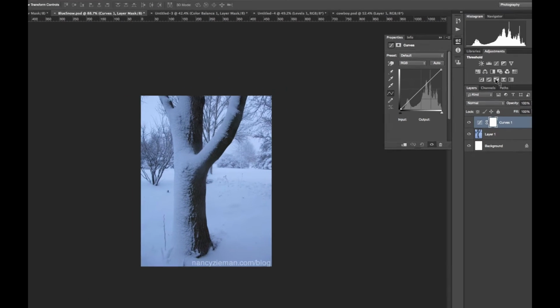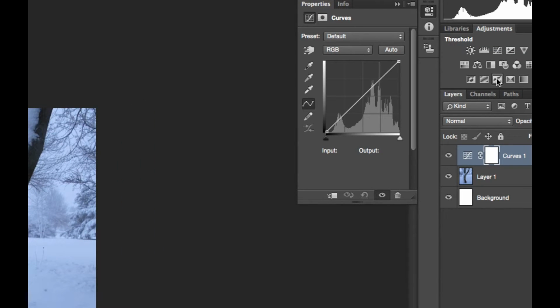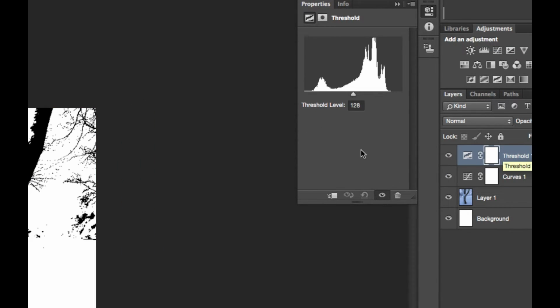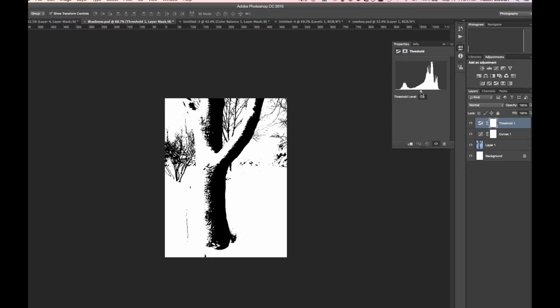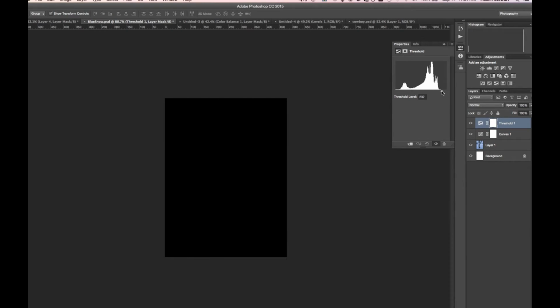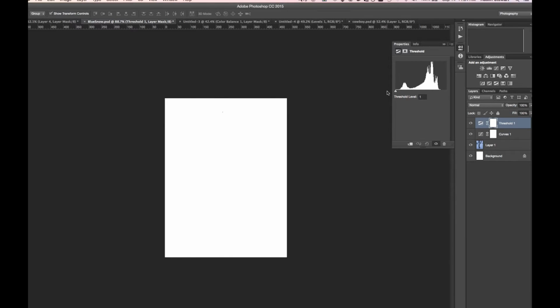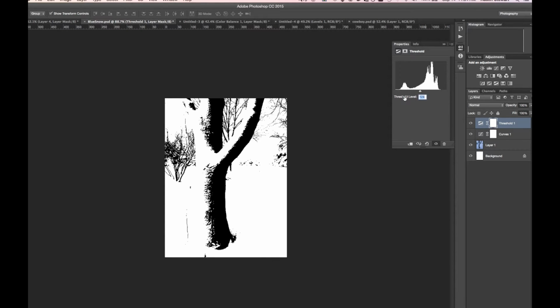The next adjustment layer we're going to set is threshold. So I'm going to click on threshold. Threshold should be above curves. What this does is it essentially says anything above this point, right? The possible values are from 1 to 255, and it essentially says 128 is halfway through. So anything that is quote unquote darker than this is going to be black, and anything that is lighter than this is going to be white. Now, you can use this to create all sorts of effects and actually use it in the photos,